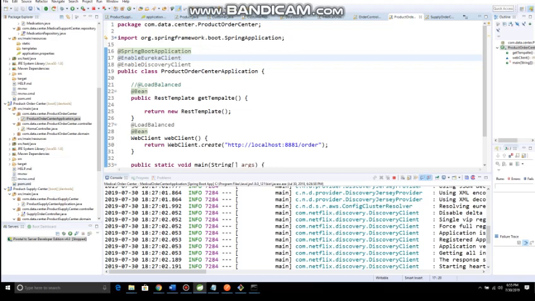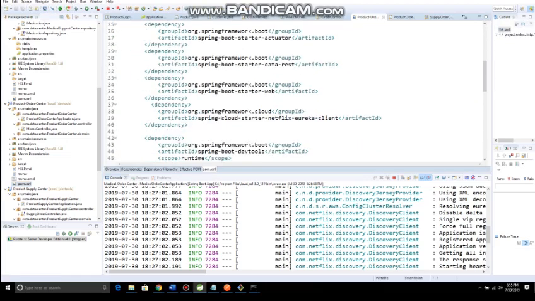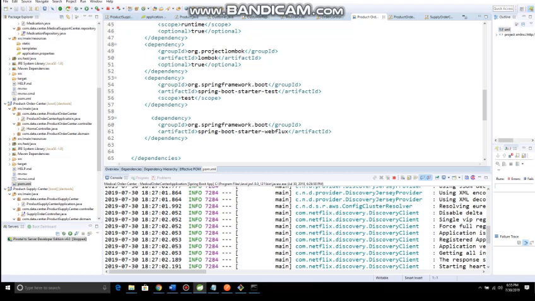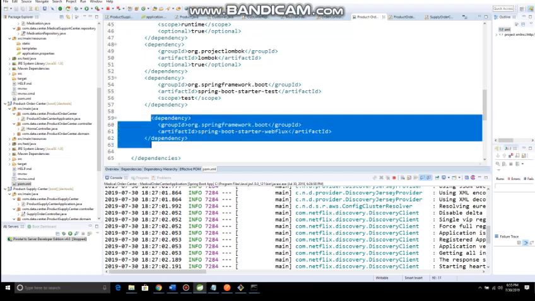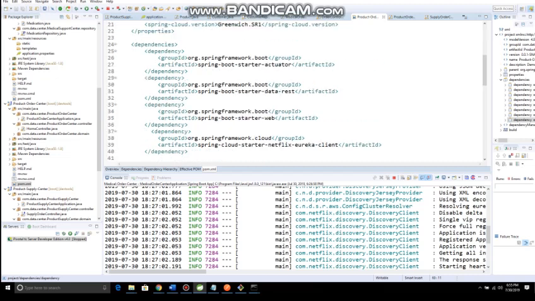Okay, using WebFlux, let me see the dependency. Here using Spring WebFlux. Okay, Lombok. Okay, and